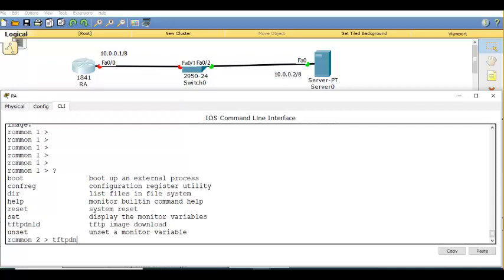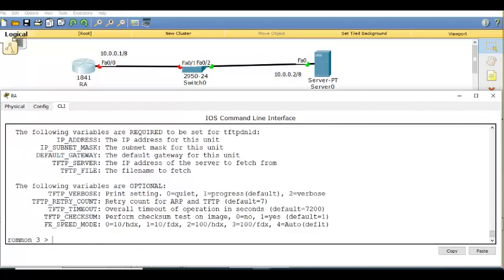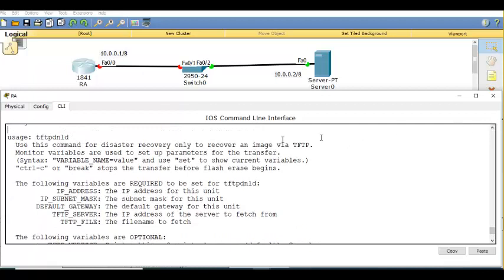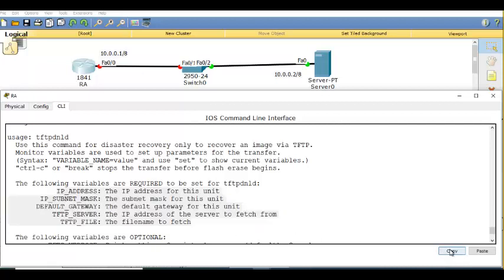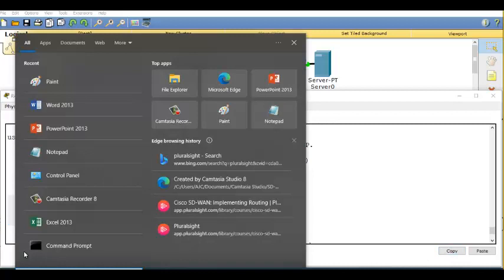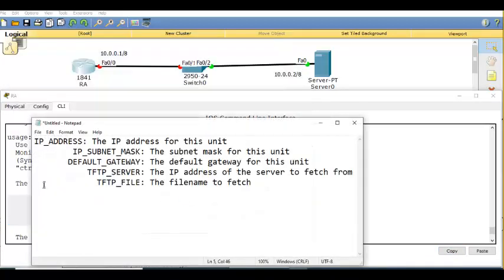TFTP download. Are you listening? Yes, sir. Now, I want you to copy this syntax to a notepad. And then remove these things.